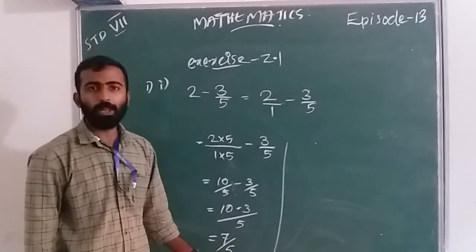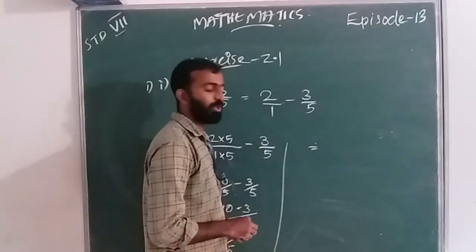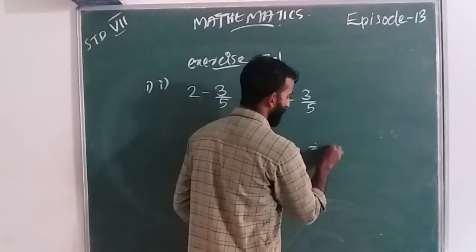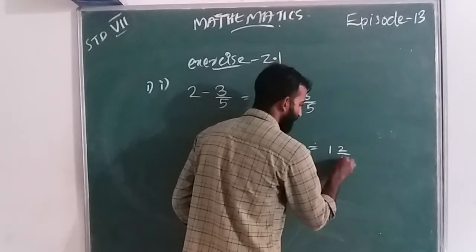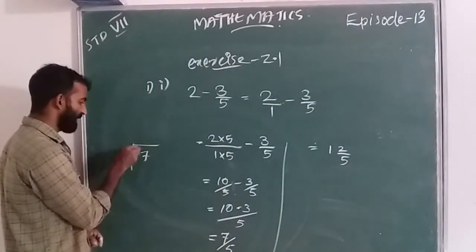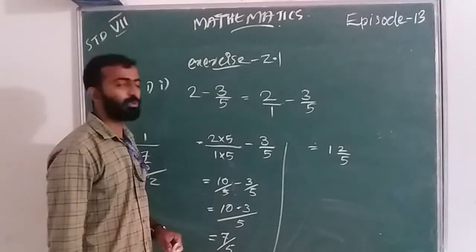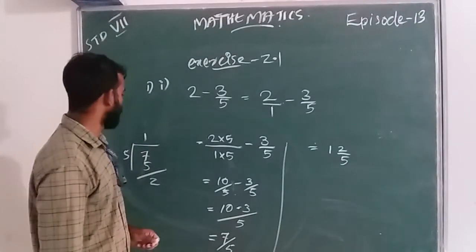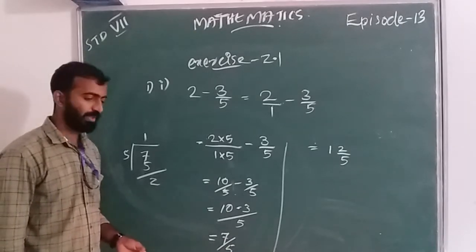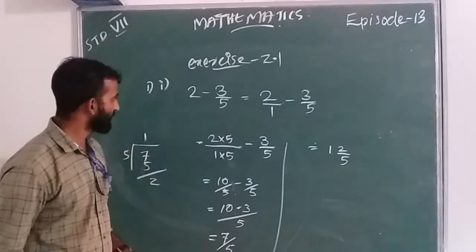This is an improper fraction, so we want to convert it into a mixed fraction. That is 1 and 2 by 5, because when we divide 7 by 5, the quotient is 1 and the remainder is 2. That is the answer, 1 and 2 by 5. Any doubts? The next one is